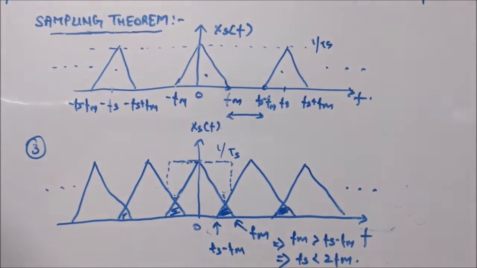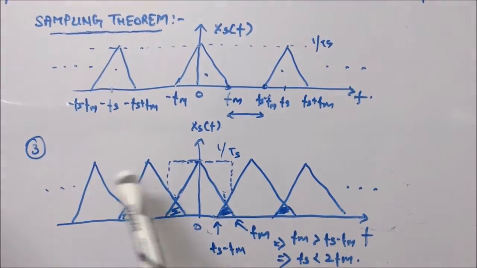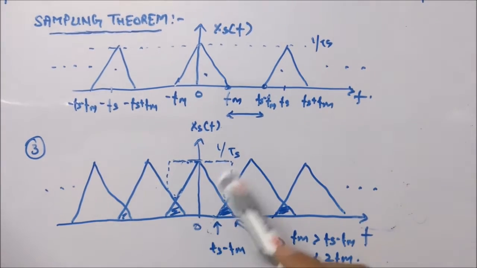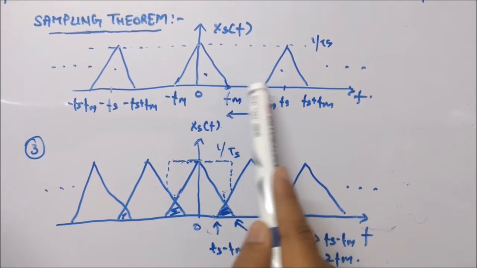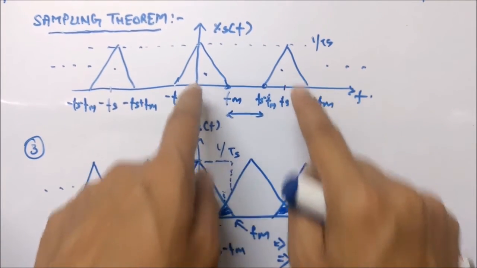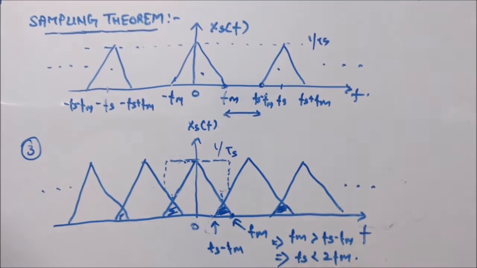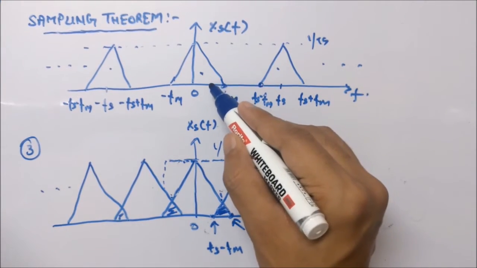Now let's say you have a third case where you do the sampling such that fs is less than 2 fm. So you will get this kind of signal as the sampled signal. You can see there is some difference between the replica and the main message signal, but here it is overlapping. So you can see fm is this point, this is the point of a message signal, and this is the fs minus fm point of the replica signal. So as if this point has gone beyond fm and it went here.